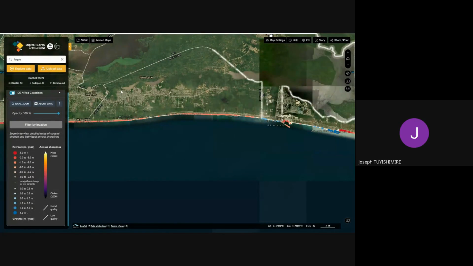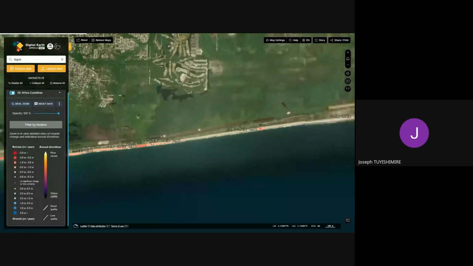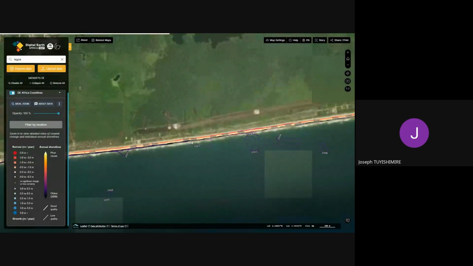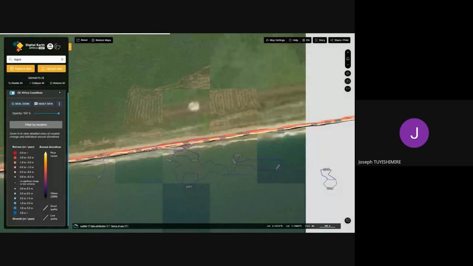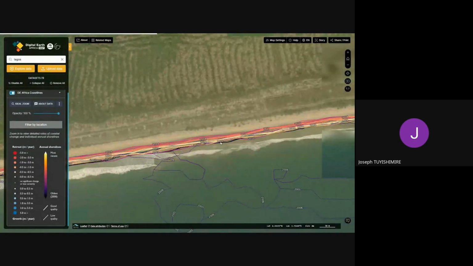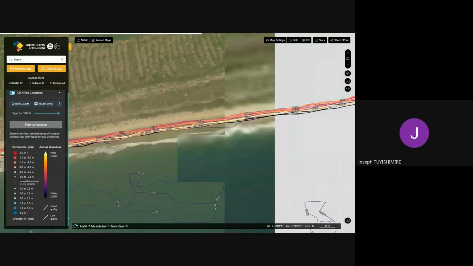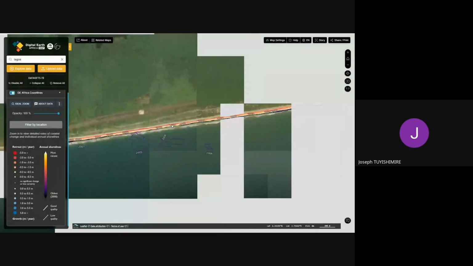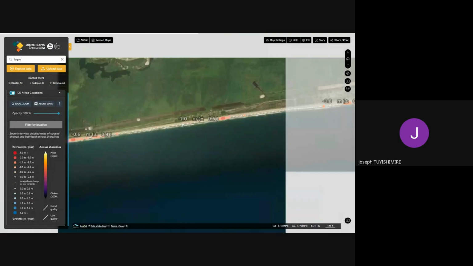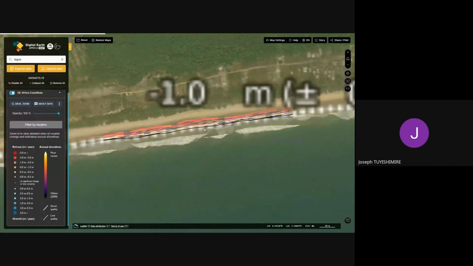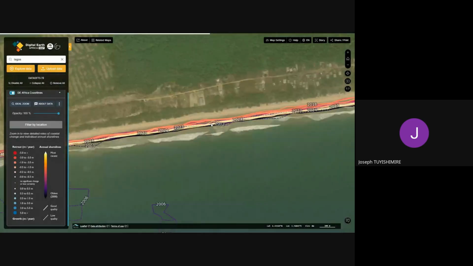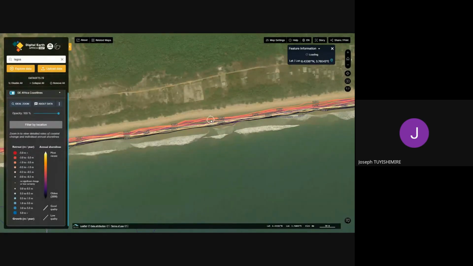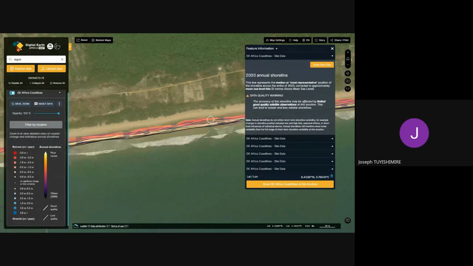So this is Lekki, and we can have a look at the coastlines, how they evolved over time, not only the coastlines themselves, but also when you keep zooming, you see year by year, and just on a click, it can show you this is a shoreline for